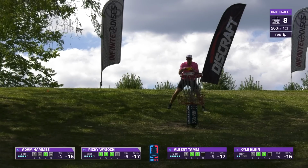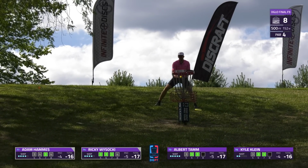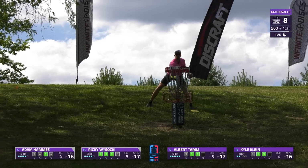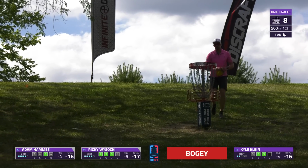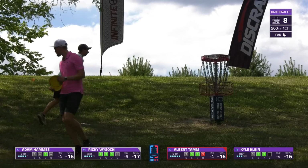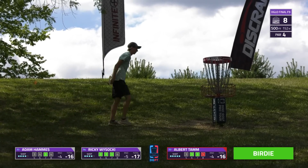And a little miscue on the green from Adam, not something we're used to seeing. He's a very solid putter, especially as well as he's been scrambling today. To see him miss that, it's definitely a little bit of a shock. But he still has a chance to make a good push here for a big finish